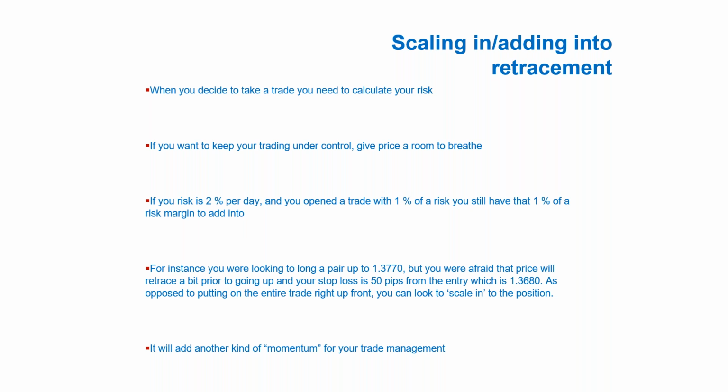You cannot trade without a plan. If you want to trade 10% of risk, it's up to you. If you want to trade 5 or 2% of risk, it's again up to you. But this is how you manage it. If your risk for a trade is, let's say, 2%, and you put 0.50% of risk, you still can risk more